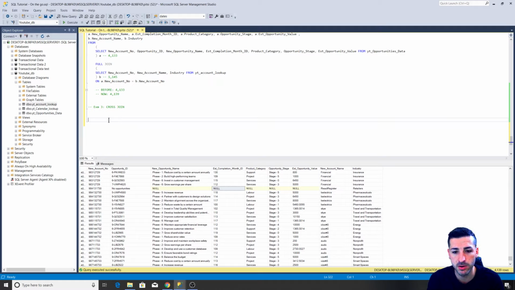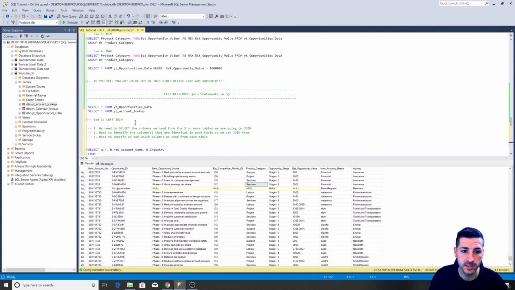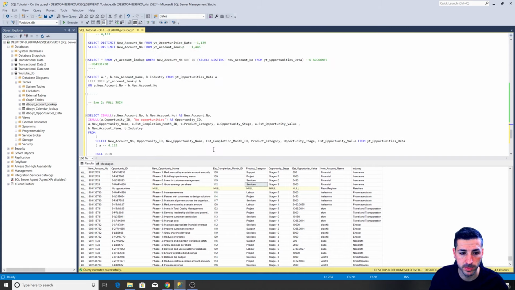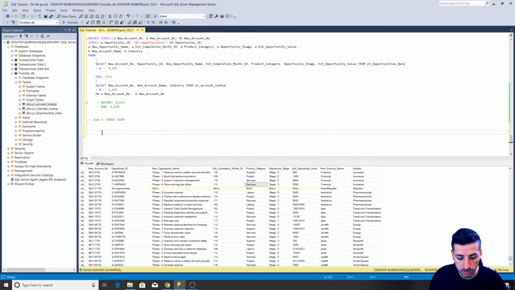So I somehow have to sum the values by product, because this baseline I want it to be by product, but for each product I want to create new lines for the remaining months. So how do we do that? I'm going to start exactly the same way as I start all my joins. I need to select the columns I need from my table A. So my table A now is going to be select